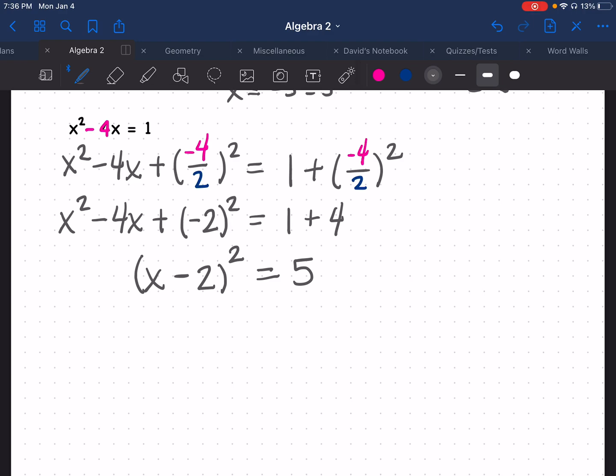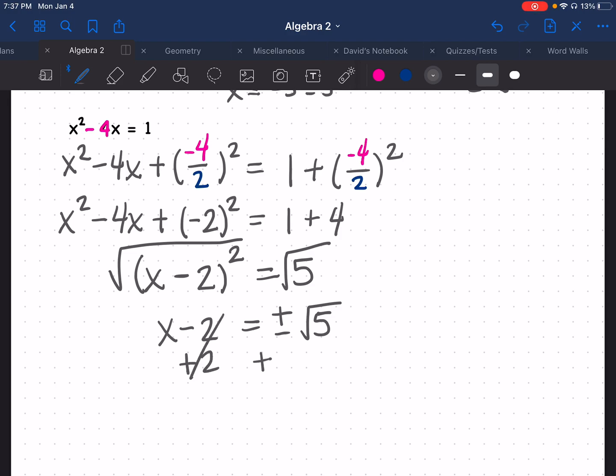Every single time, if I leave this as a division, then this number goes in here with my x in the front, and I keep the square. I just kind of widen out my parentheses for it. All right, now I'm going to go ahead and square root both sides, giving me x minus 2. The square root of 5, I don't know what the square root of 5 is. In fact, it's going to give me some decimal, but before I go to the decimal,